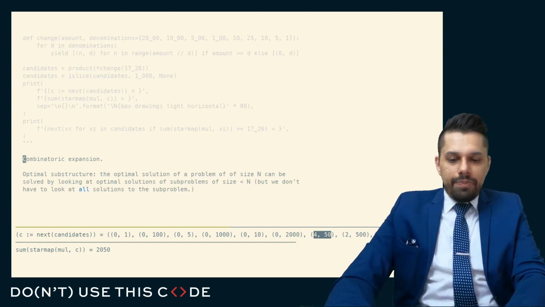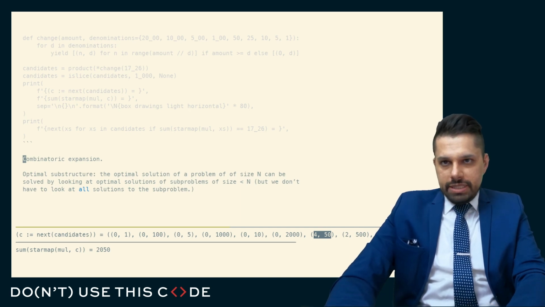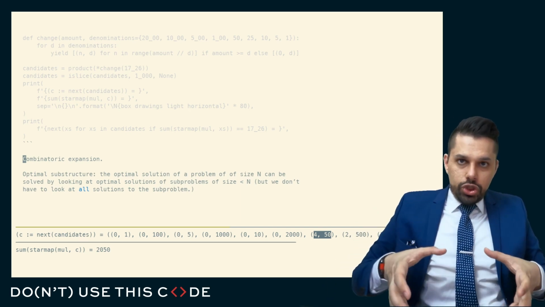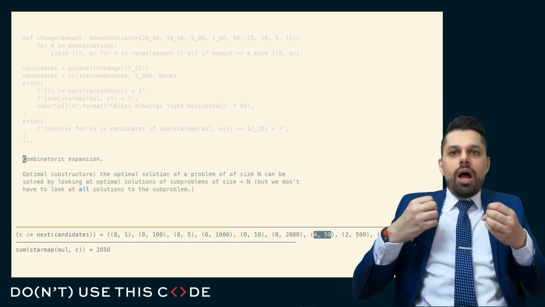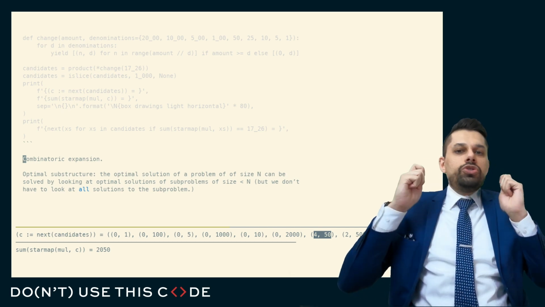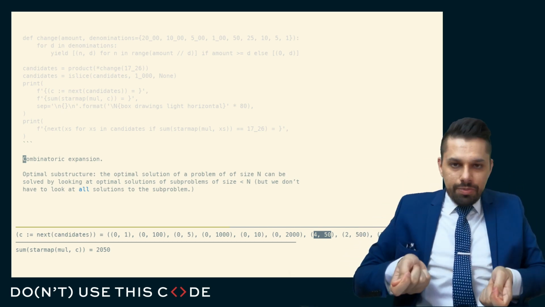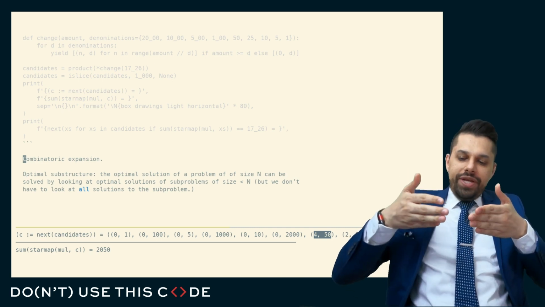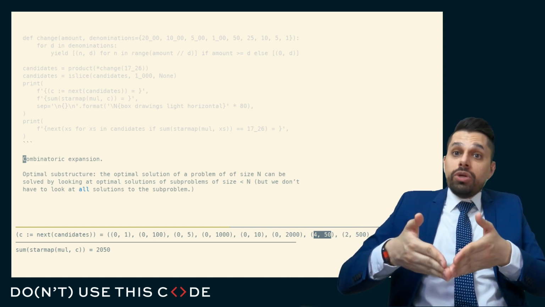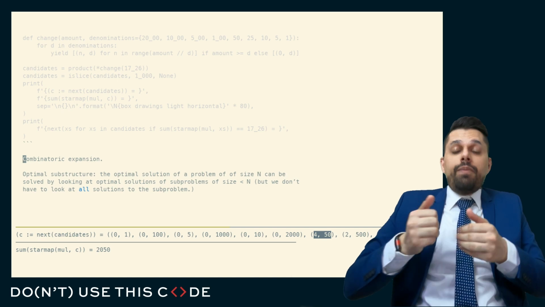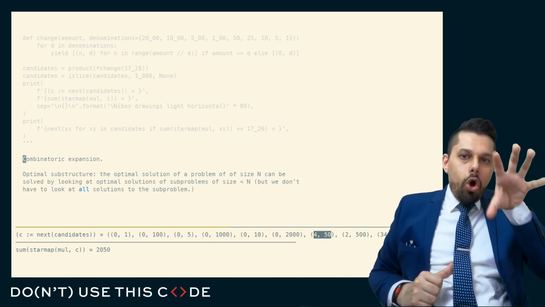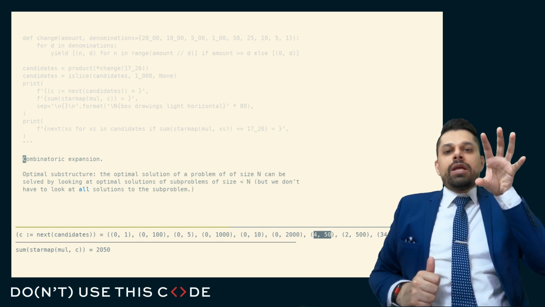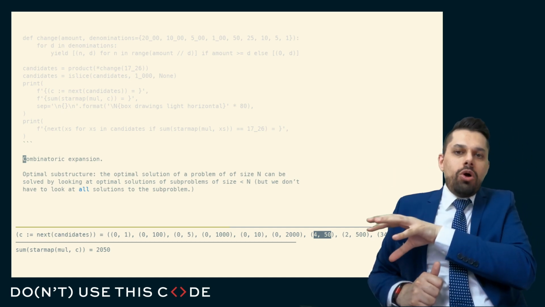When we talk about optimal substructure, what we're really saying is that the optimal solution for a problem of some size can be solved by looking at optimal solutions of subproblems. We do not have to look at every possible solution. Instead, we can be somewhat parsimonious, or conservative, about how many of these subproblems we look at. We can take the overall best answer and compose it out of the best answers of smaller problems